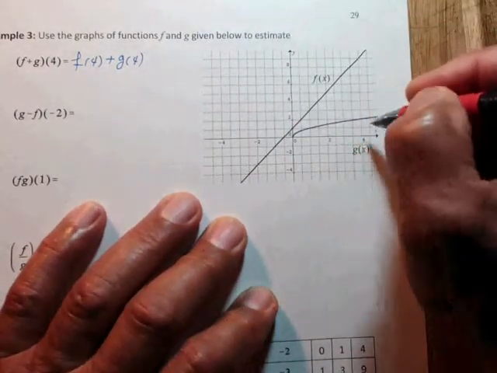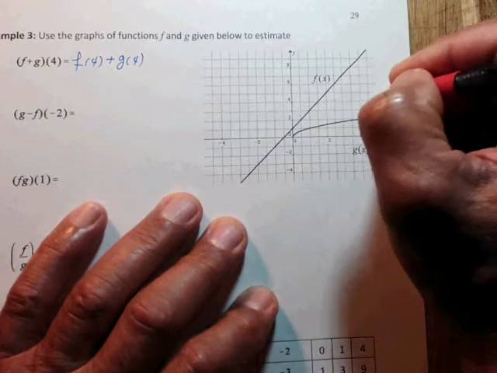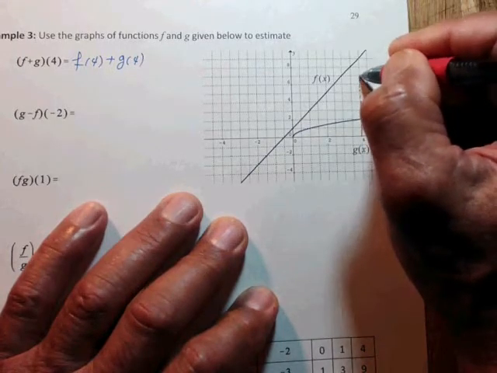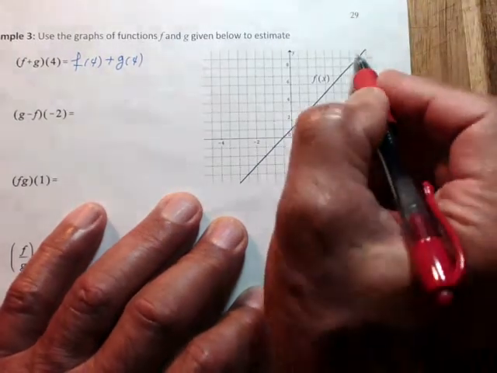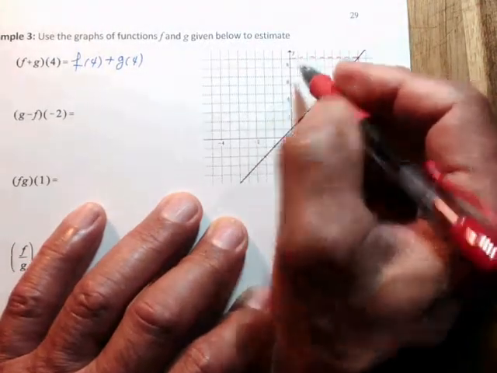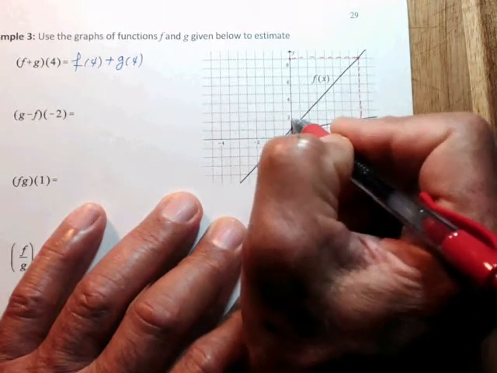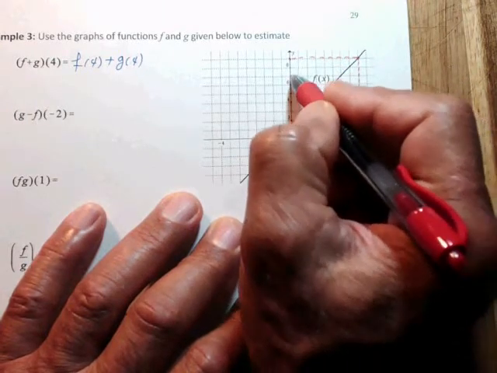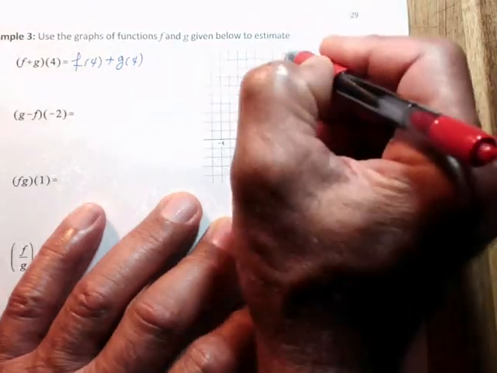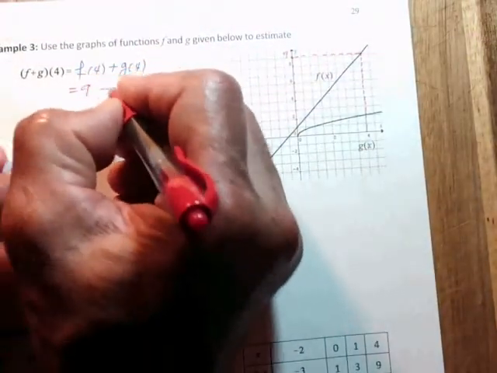I start at 4 and go all the way up to get to the function f, and then I go horizontally, and I get to this number. What is that? 1, 2, 3, 4, 5, 6, 7, 8, 9. So f of 4 is 9, plus